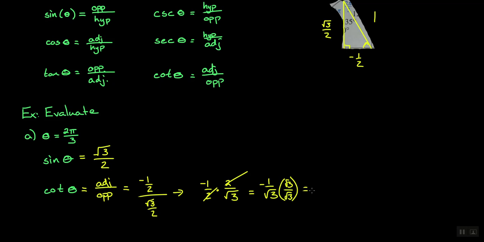And we end with this, and you might not have to show all this work, right? Maybe you do, maybe you don't. Either way is fine with me. What is the cotangent then of 2 pi thirds apparently? Negative root 3